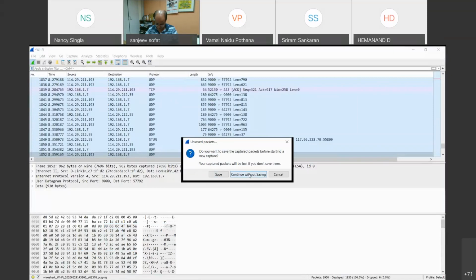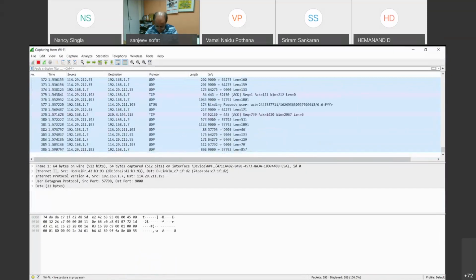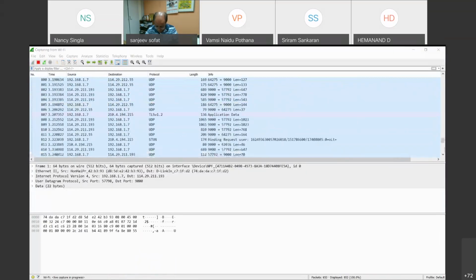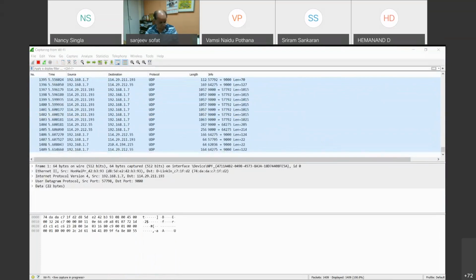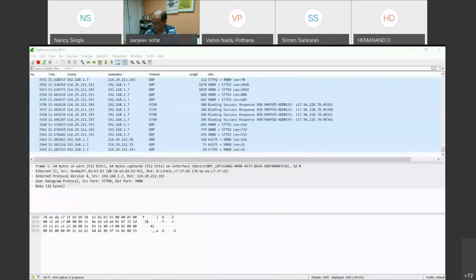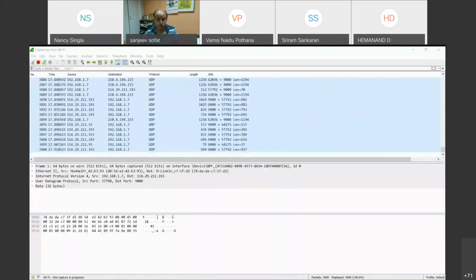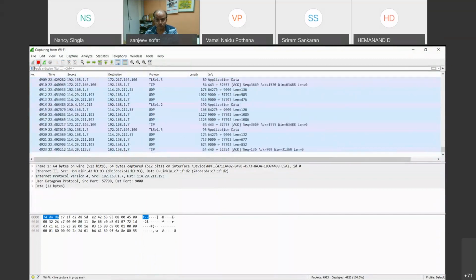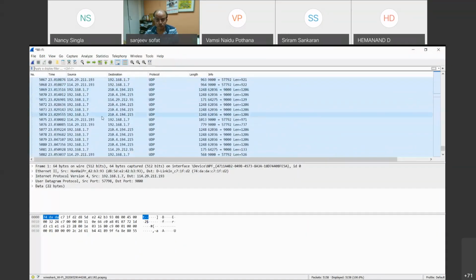It starts capturing packets on my interface. Then I'll go to a browser and type google.com. I've typed google.com and I've come to Wireshark again, and we'll stop capturing the packets.